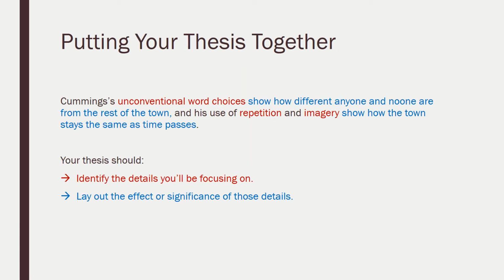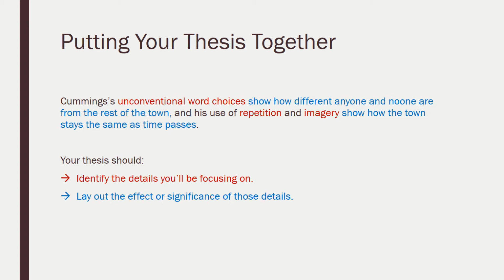Here's one example of how to do that. Cummings' unconventional word choices show how different anyone and no one are from the rest of the town. And his use of repetition and imagery show how the town stays the same as time passes. Notice that just like the earlier thesis statement from Reading and Writing About Literature, this thesis also identifies the details